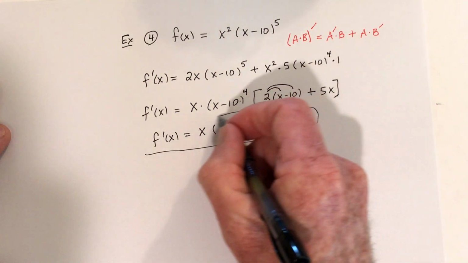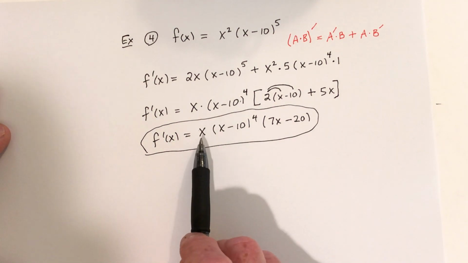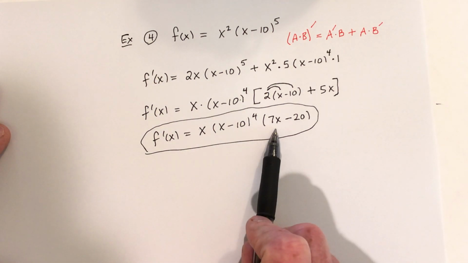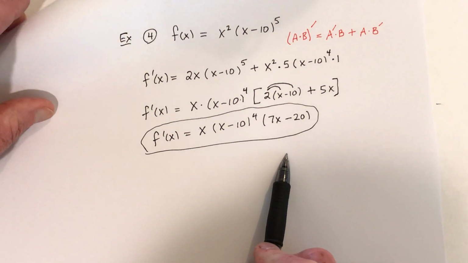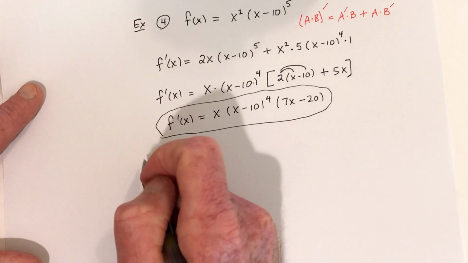And then very soon we'll be taking derivatives and setting them equal to 0. And at that point, because we already did the factoring, you'd set this one equal to 0, you'd set this one equal to 0, and you'd set this one equal to 0. Then, for example, 5,